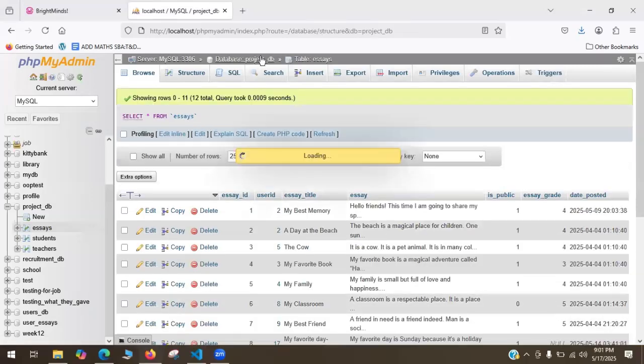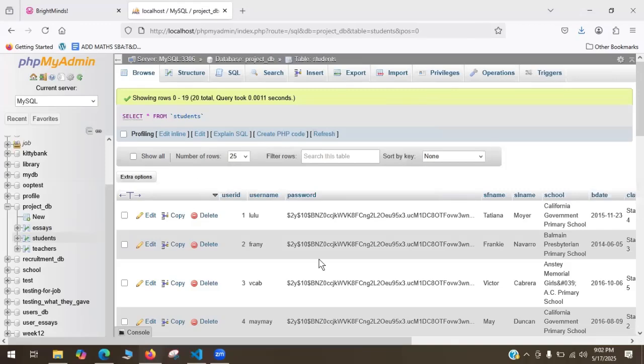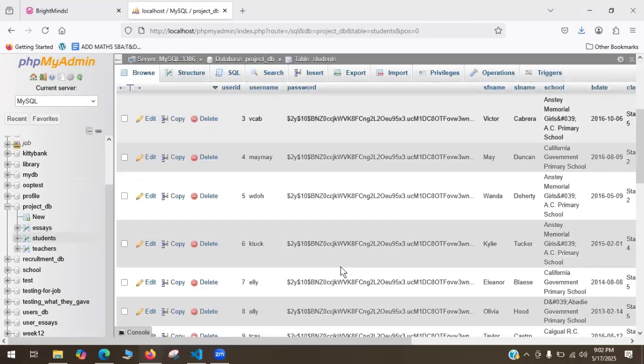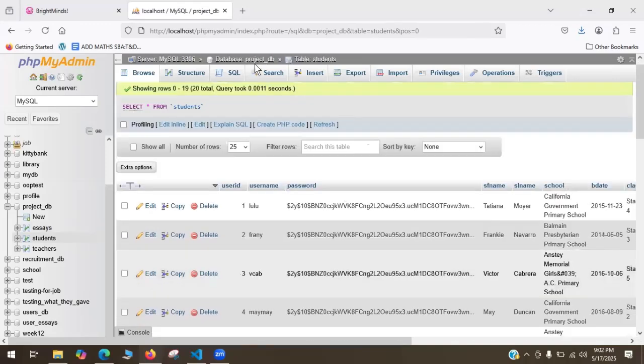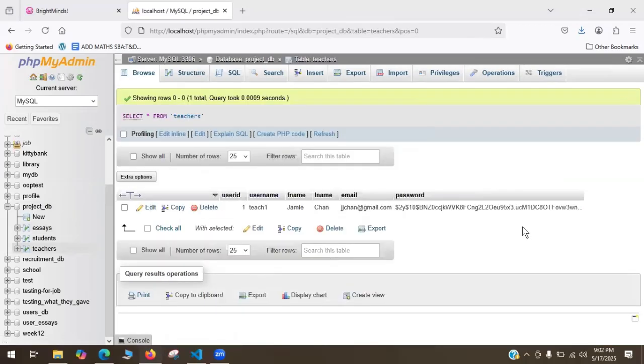Coming back out, I'll take you to the students table. Here you'll see all the available students that are in the database. And lastly, I'll take us to the teacher table. Currently, we only have one teacher that is in this database. Coming back to the website now,